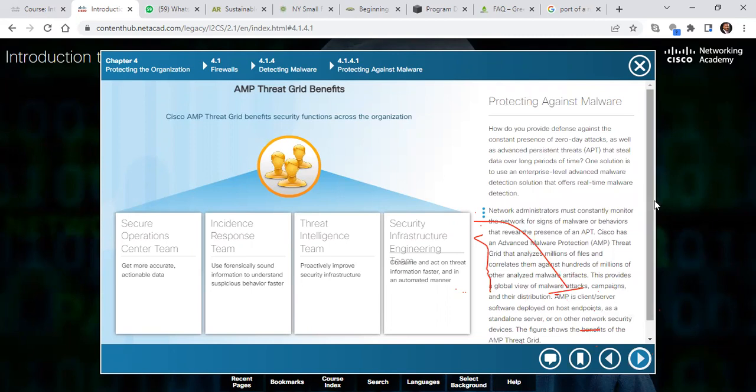It can detect any malware that comes to the system at that particular time. Okay, so a network administrator must constantly monitor the network for signs of malware or behaviors. You must be able to monitor the signs of malware or behaviors that reveal the presence of an APT. So as soon as you are able to see an advanced persistent threat, Cisco has an advanced malware protection called